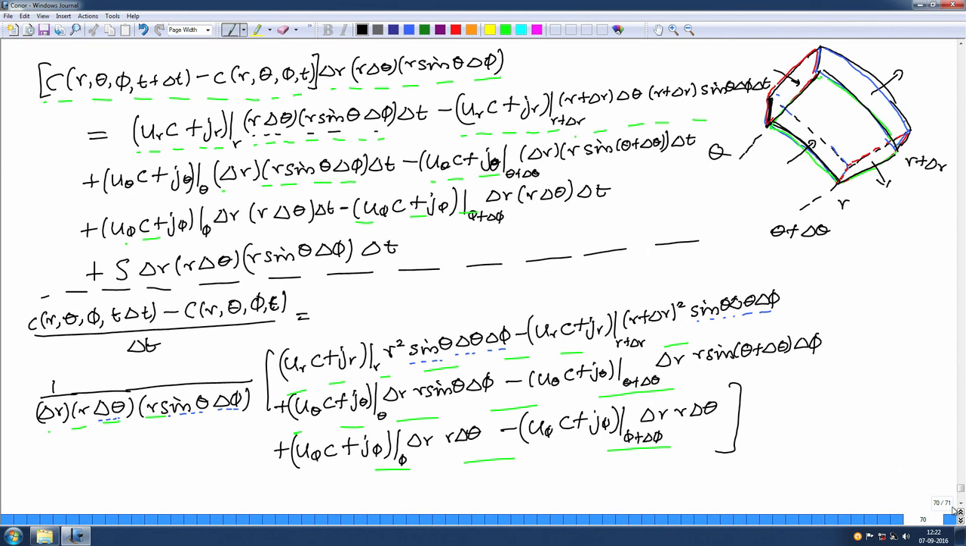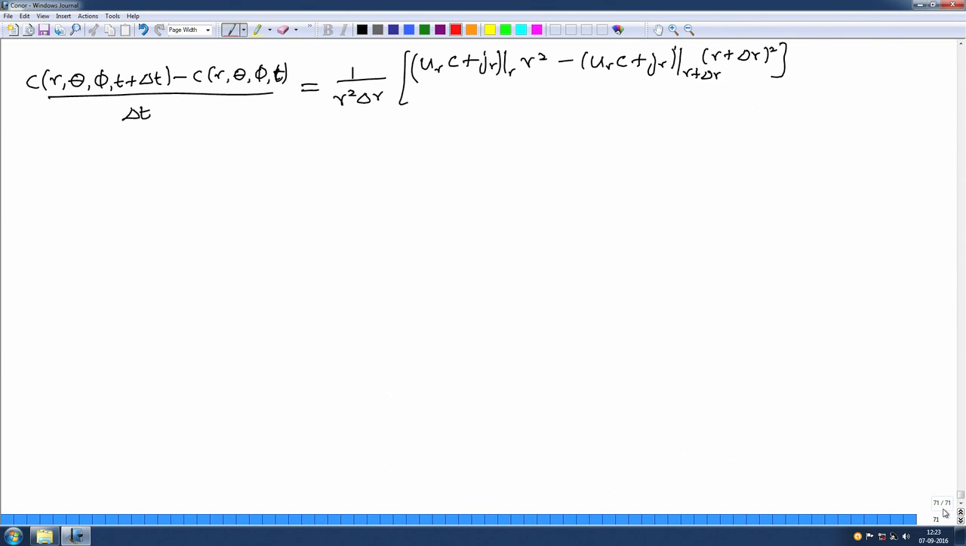The second term, I can cancel out delta r, since delta r does not change as theta has changed. And I can also cancel out this delta phi here. Then I have a factor of r here, and this r once again is not changing as theta changes. However, sin theta is changing. Therefore, I cannot just cancel out the sin theta terms here. So, if I do that, I will get